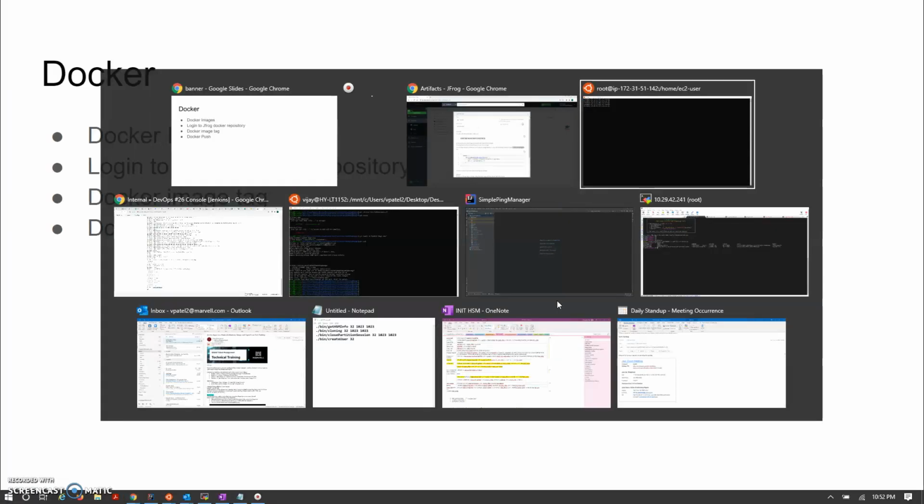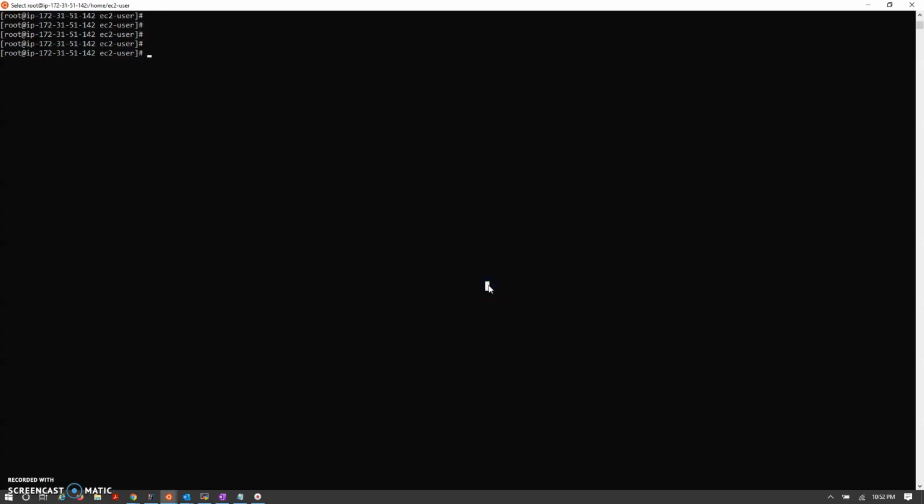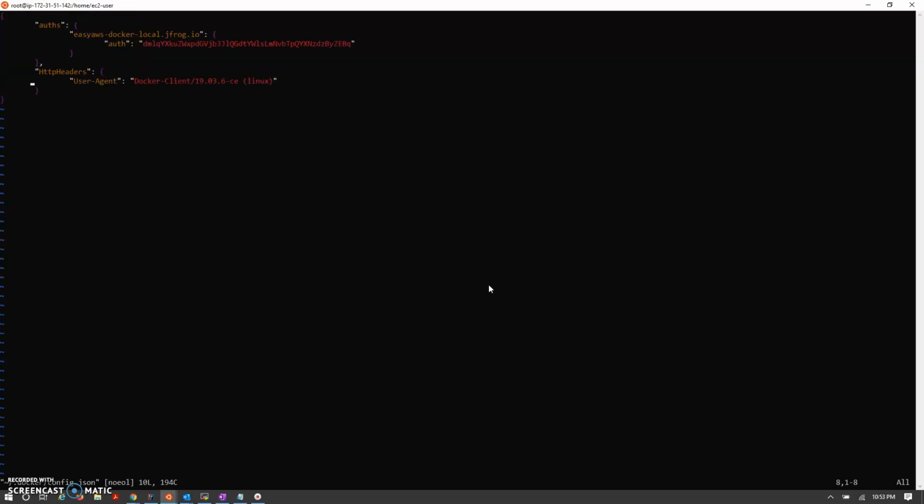So let's go to my console where we have installed our Docker. Let me open the file where we have to configure config.json.